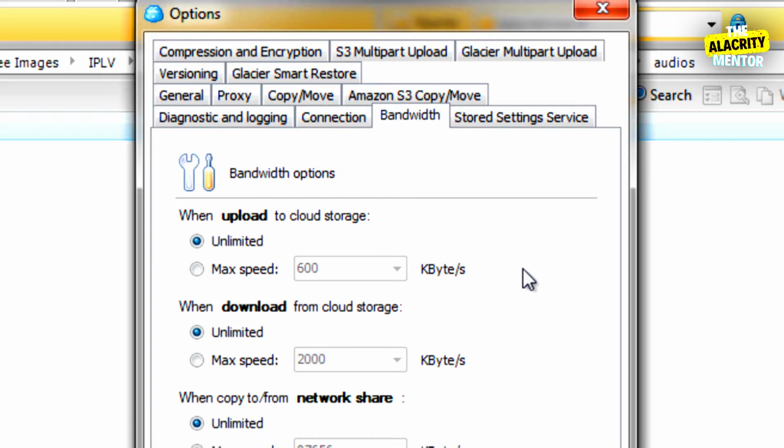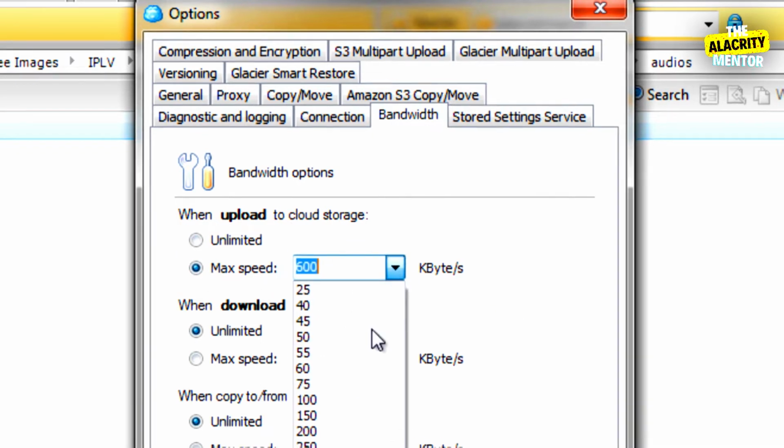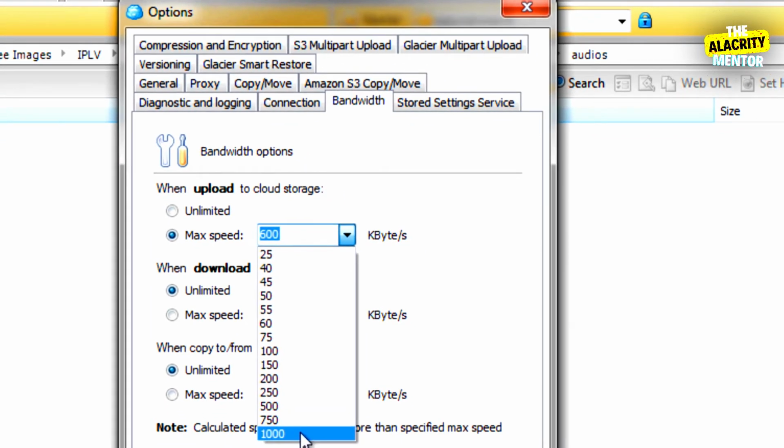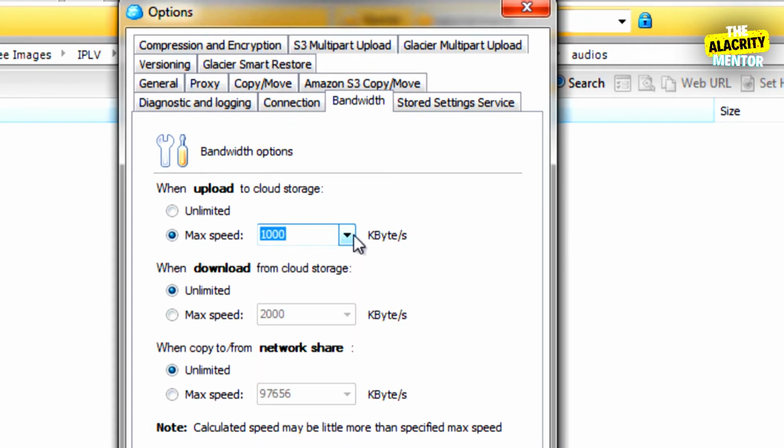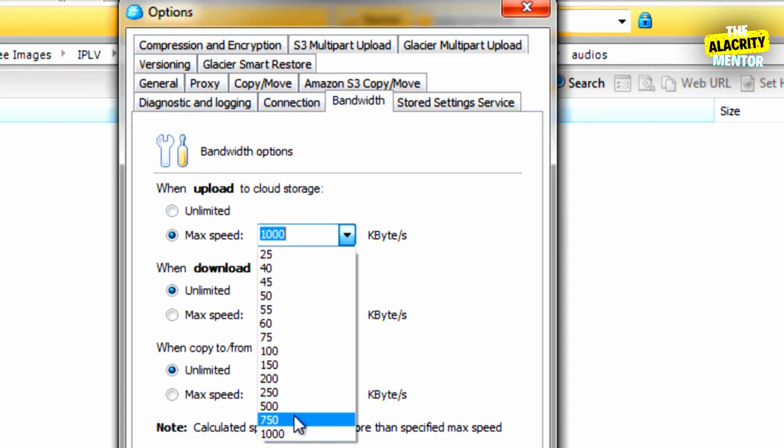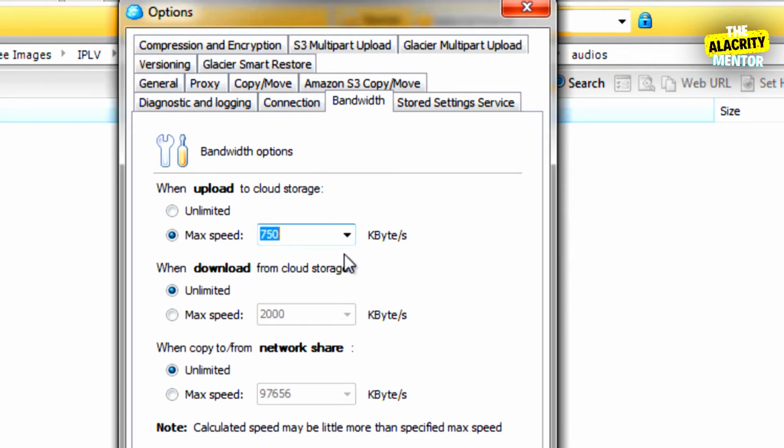So if you want to upload, but you also want to use the internet and work on other things in your business, then you do not want to select unlimited. Otherwise, it will max out and it won't allow you to actually use the internet. So what you want to do is figure out how much it normally uploads at max. Let's say, for example, that your internet uploads at a rate of 1,000 kilobytes per second. If that's the case, then I would highly recommend that you change the upload speed to 750.